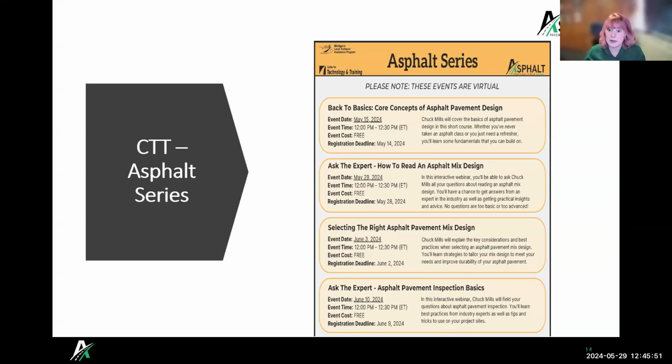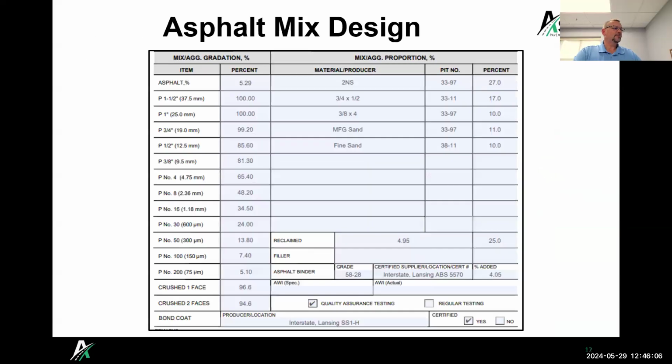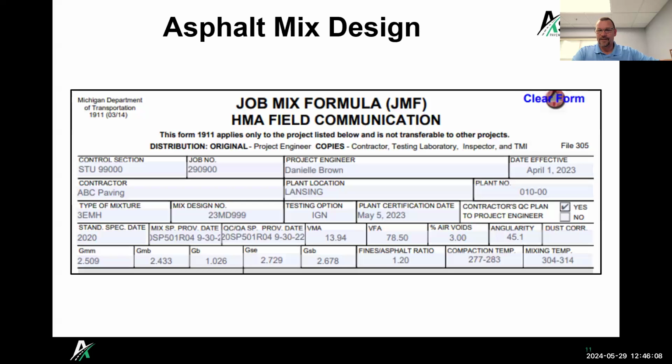So speaking of some mixtures, there's a question of, is there a way to tell on the JMF if a mix is a warm mix? Is there something you should look for that would tell you, oh, this is not my standard mix, this is a warm mix instead? Yeah, the mixing temperature obviously would be the first place to tell, but it would also probably have a note in there that you've added any additives to the liquid asphalt itself.